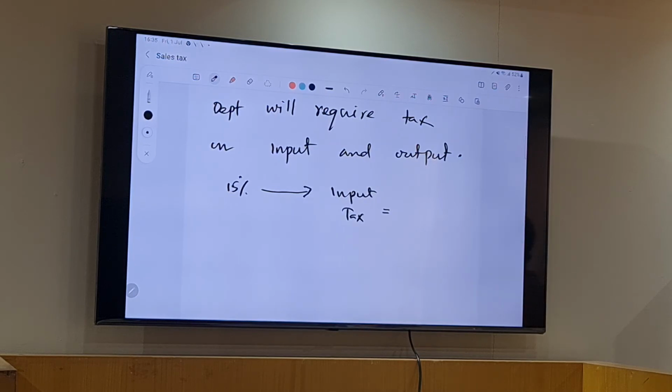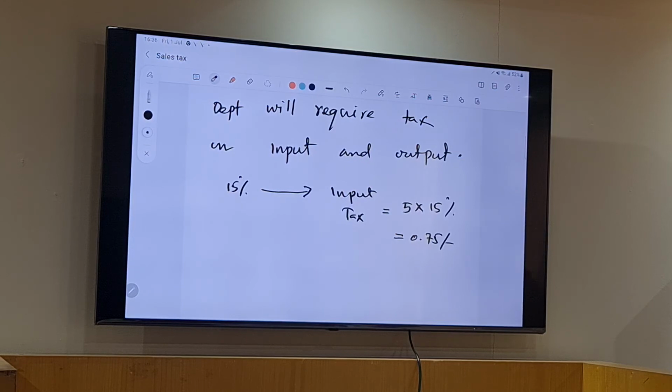How much should he pay as input tax? 5 into 15%, am I right? How much is that? Calculate. You are all over the calculator. Now what's the problem? Just looking at the sky and waiting. 75%? 5 into 15%, yes, 5 into percentage. 15%, how much? 0.75. 0.75 is my